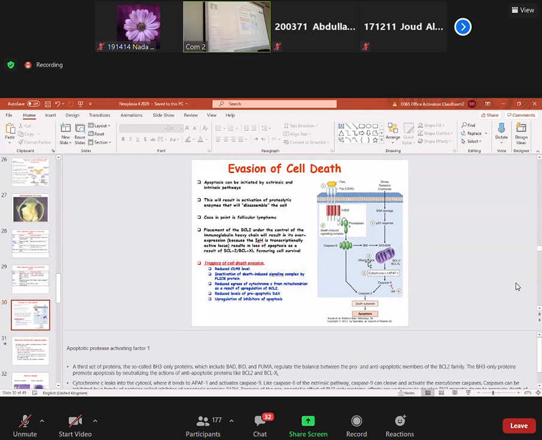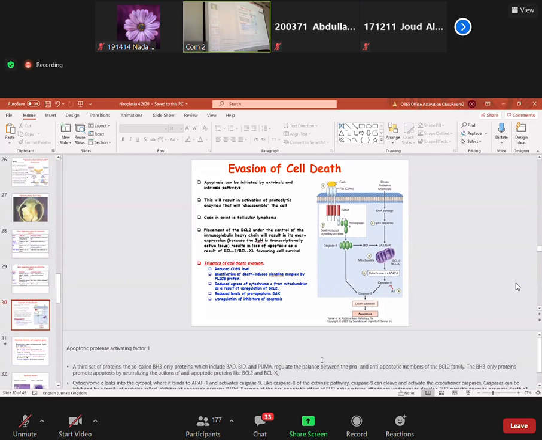And the BAX and the BAK, what will they do? They are going to catapult themselves into the mitochondrial membrane, allowing for the release of cytochrome C into the cytosol. The cytochrome C is going to go into the cytosol and, with the help of the apoptotic protease activating factor 1, the APAF1, is going to activate caspase 9. Caspase 9 will activate caspase 3, and the rest is history again. Okay, now